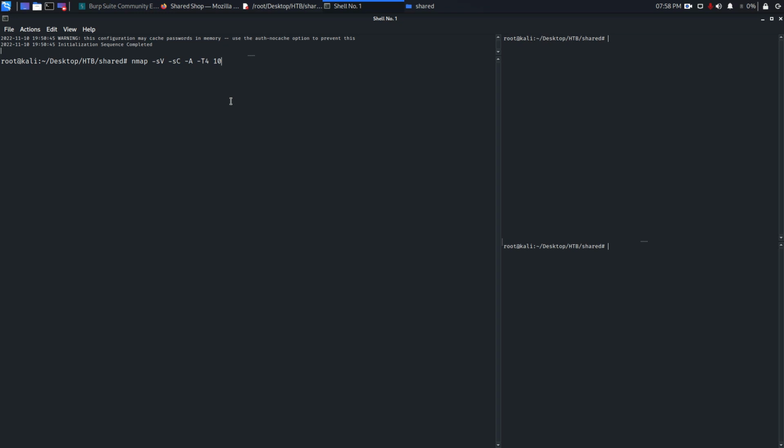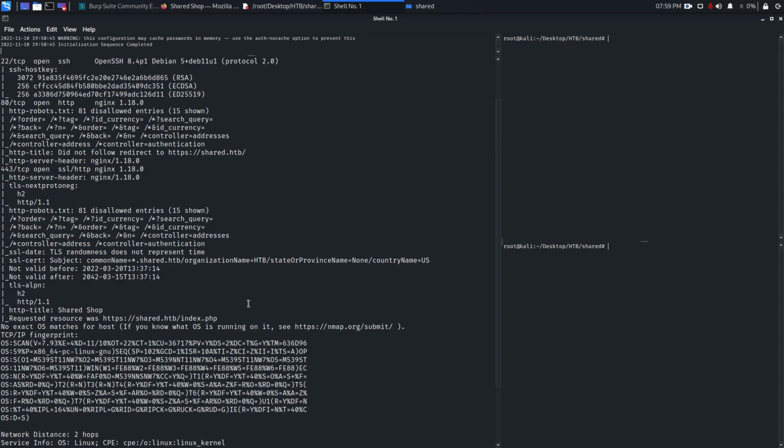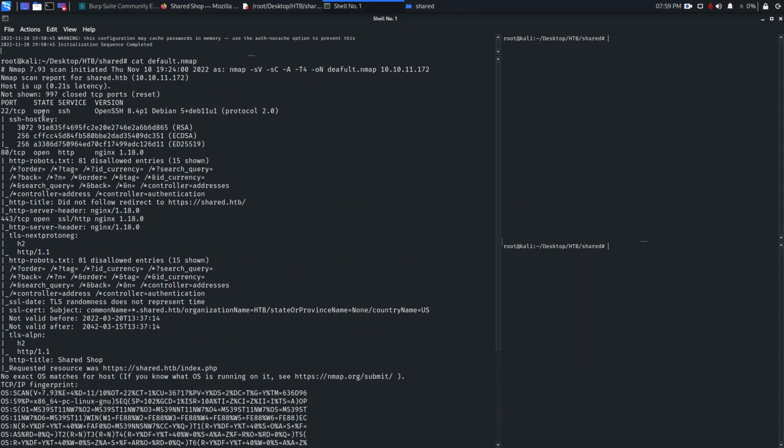And the target IP is going to be 10.10.11.172, and I want to save the scan results in a file named default.nmap. The scan result is already saved in this file. So let's go and we will see the scan result. So cat default.nmap. So there are few ports open, like port number 22, port number 80, port 443, and